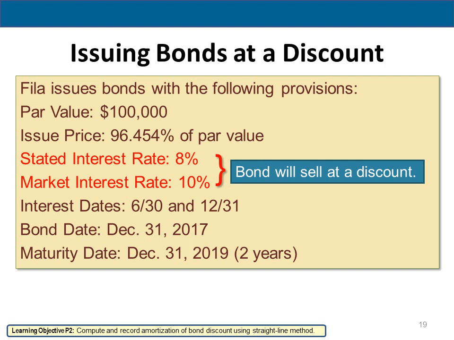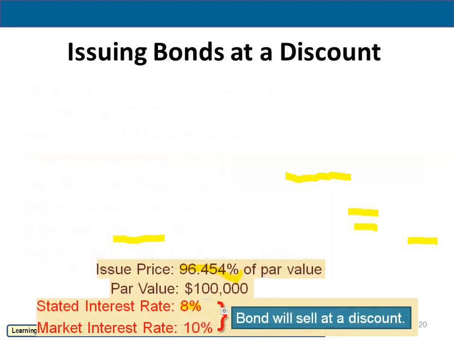When the interest rate stated on the bond, here the interest rate that is stated on the bond is 8%, is lower than the market interest rate, here the market interest rate is 10%, then the bond will be sold at discount. This takes place because when the interest rate stated on the bond is lower than the market interest rate, the investor considers